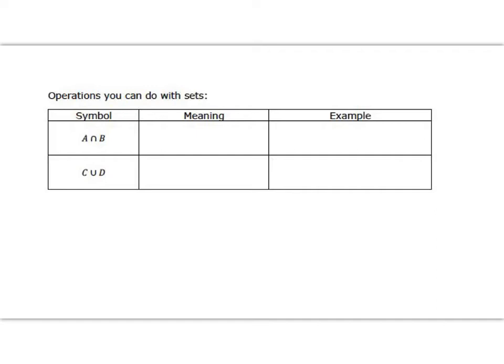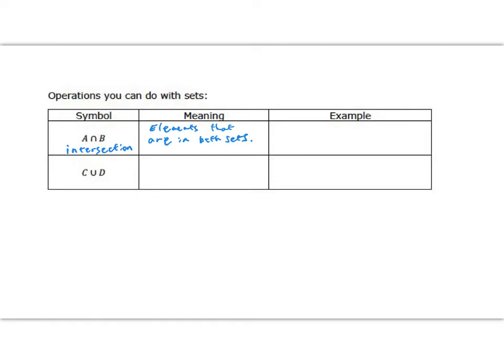The first of which is this upside down looking N that you see right here. And you remember that we're going to use capital letters to name our sets. This is what we call an intersection. Okay? And an intersection is the set of items that you can create from two or more sets. And these are the elements that are in both